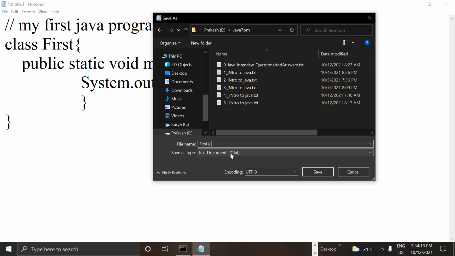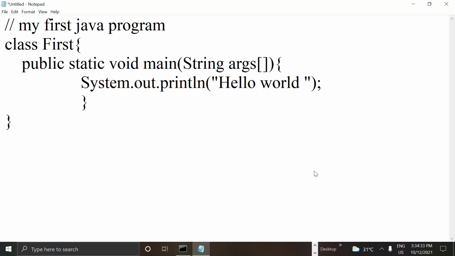So I'm typing first.java. See this, guys, it is case sensitive. Here F is the capital letter, so I have to follow the same case as the Java class name. We need to follow Java style and click on save. See this, on the top you have first.java, guys. So it's ready now. Hello world, I wanted to run this program and check.